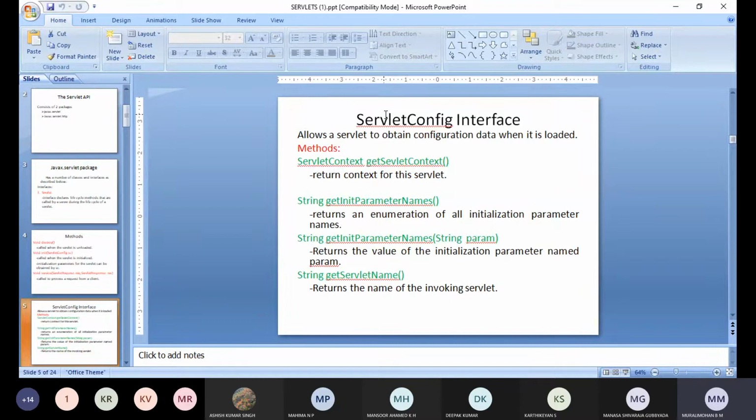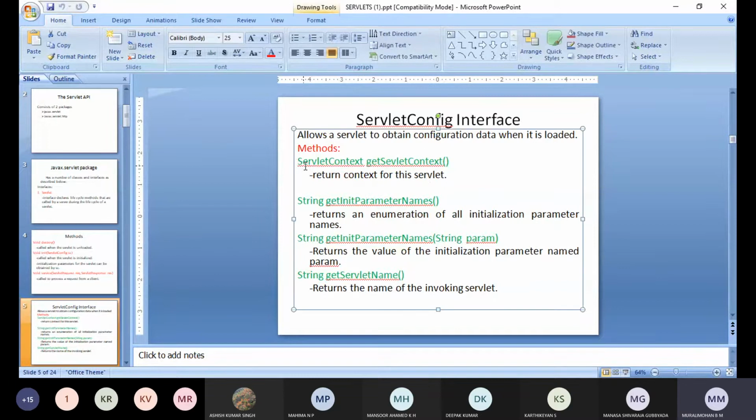So this will allow the servlet to obtain the configuration data. That is, whenever we call the init method, the initial configuration data will be passed through the init method, right? So what are the methods we are having to obtain the configuration data?